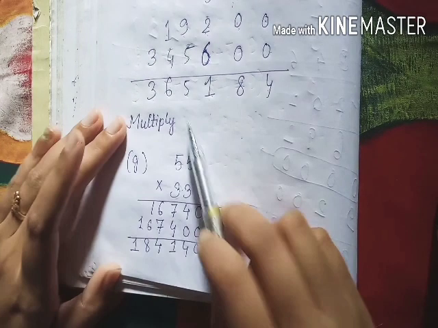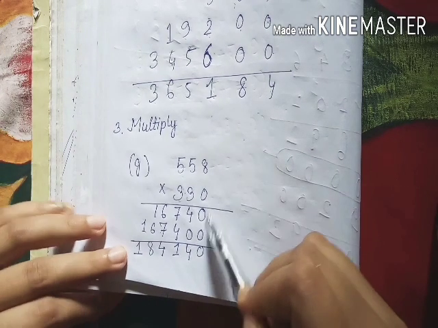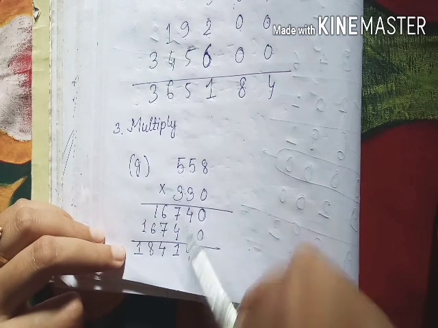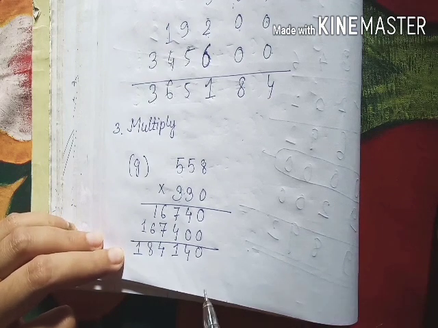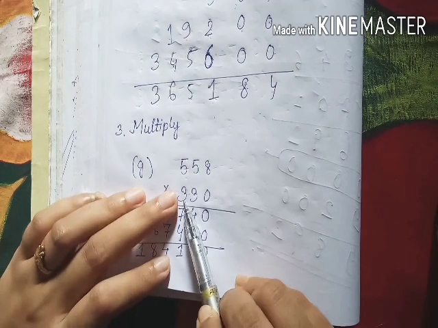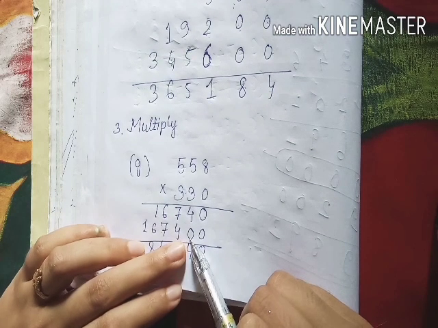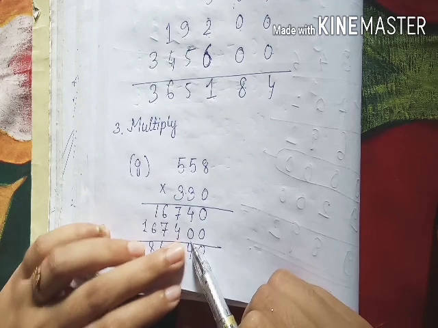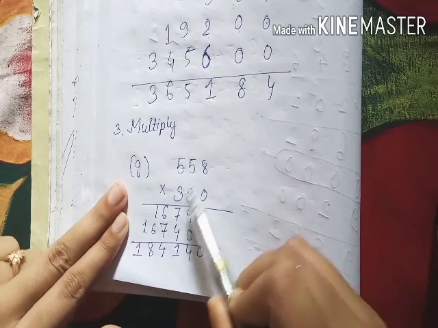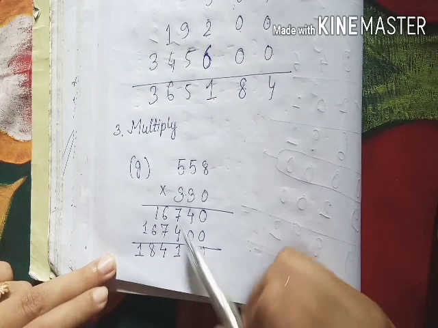Next, again multiply. In the ones place 0 is there, so you can skip the ones place step, and you can write only the 0 in the ones place and start from the tens place. So 3 8s are 24, carry 2, then again 3 5s are 15, plus 2 will be 17, carry 1, 3 5s are 15, plus 1 is 16. Then we have to start from the hundreds place, right students? So 2 steps we have to put 0, the ones place and tens place, and we have to start from the hundreds place. So yes, 3 8s are 24, carry 2, again the same, 3 5s are 15, plus 2 is 17, carry 1, 3 5s are 15, plus 1 is 16. Now we have to add.